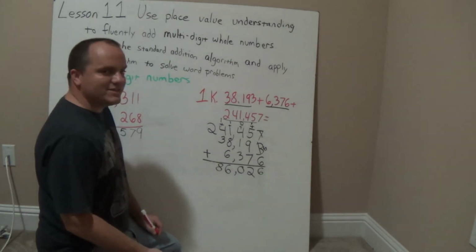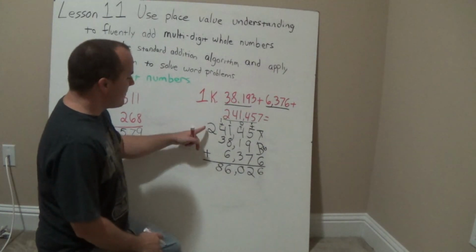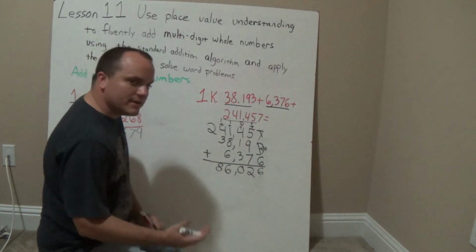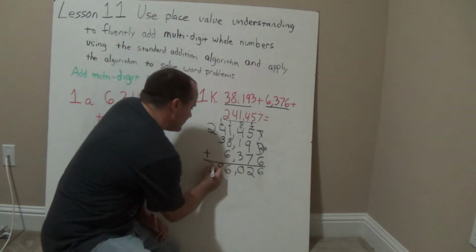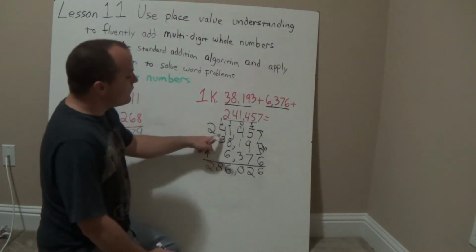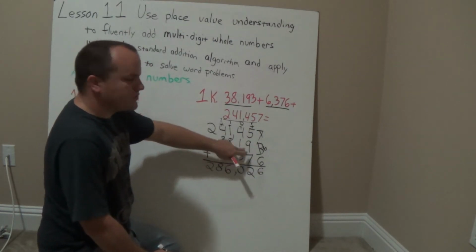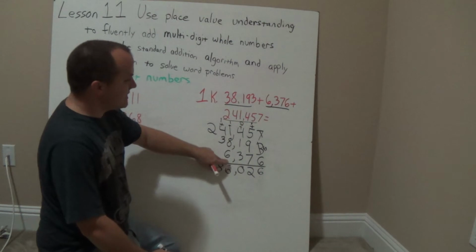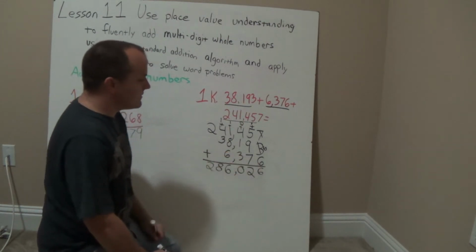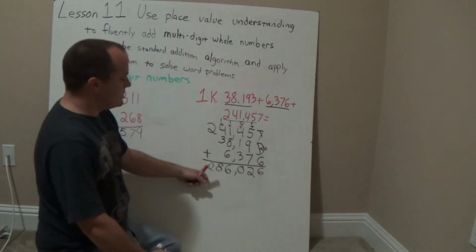If there's only one digit, I don't need to carry anything over. So I have 2 and nothing and nothing. 2 plus nothing is 2. So 241,457 plus 38,193 plus 6,376. When I added all my numbers up, I got